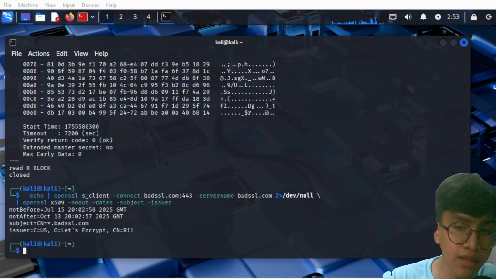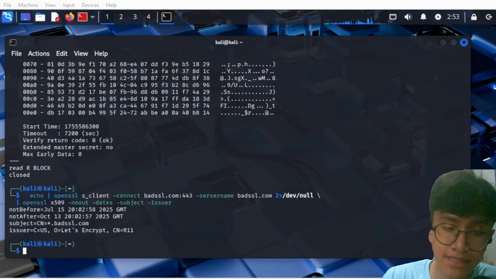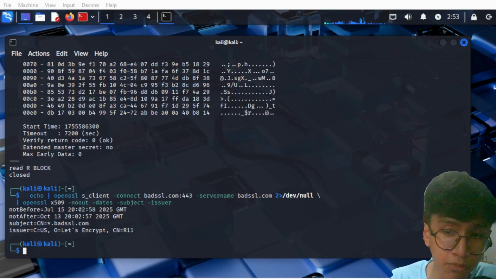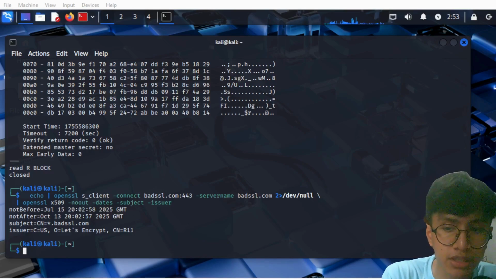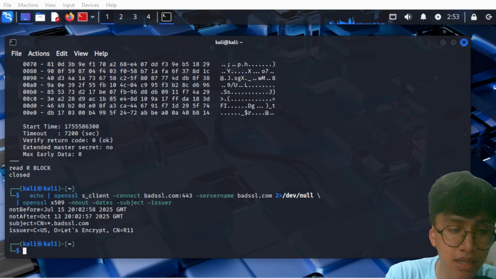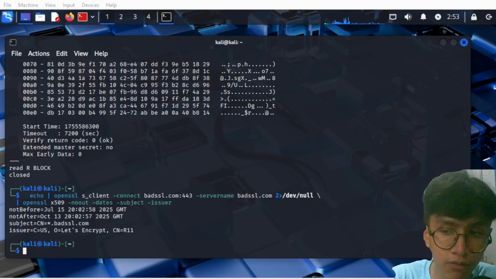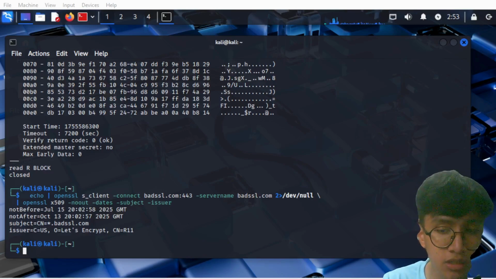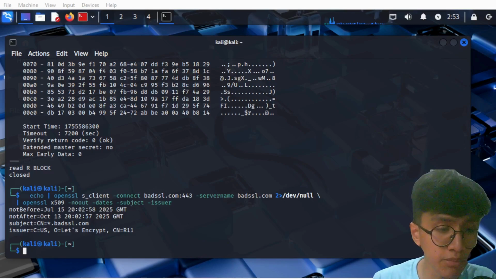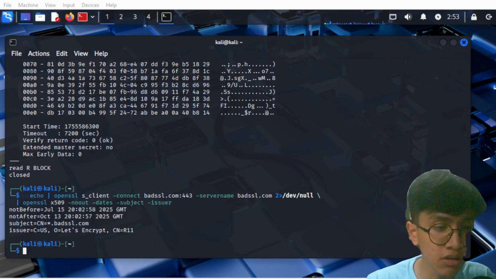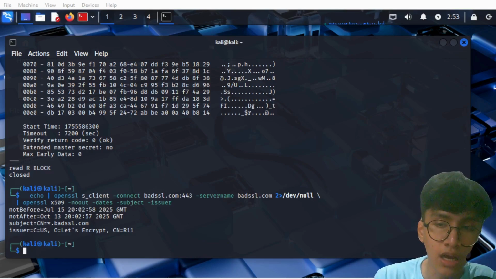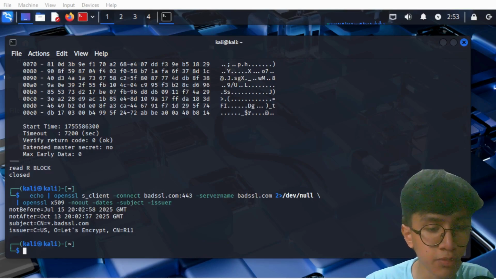So in real world usage, you will replace example.com and bad.ssl with the actual domain and name you want to check. And you have probably encountered the concept of SSL and TLS, just like what I said before, validation. When you open a website that shows that the connection is not private, it means the certificate is either expired or misconfigured. So that's all for our first real world application of the OpenSSL tool.